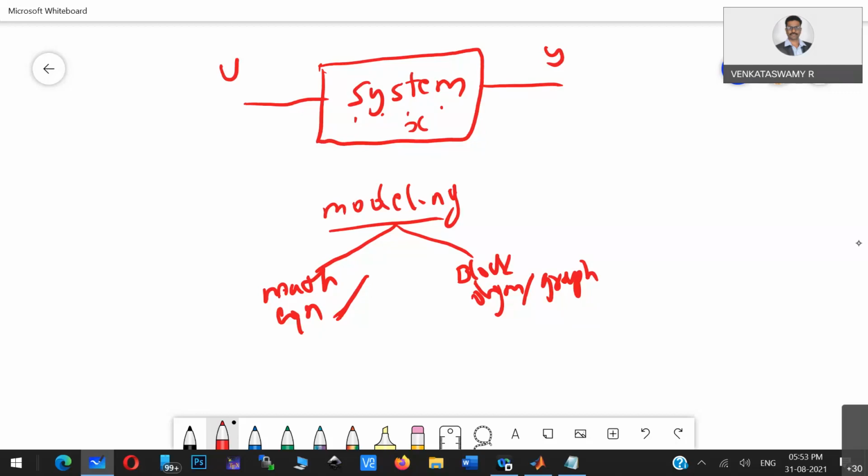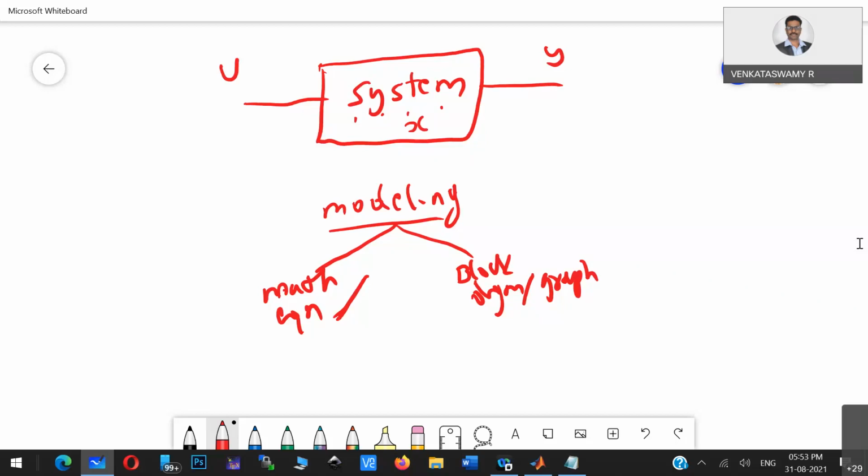If you see the literature, most of the systems are modeled. There are ways called system identification methods, so there are different ways to get the equation for a system. But there are some systems which are completely non-linear. It is kind of a black box, and we cannot understand it.